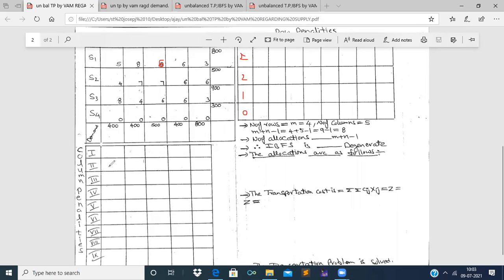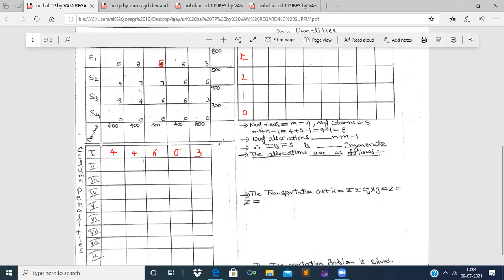And in the first column, let us take the penalty. The first least cost is 0, the second least cost is 4. Therefore, 4 minus 0 is 4. And next, in the second column, again 4 minus 0 is 4, right? Next, in the third column, 6 minus 0 is 6, that means first least cost and next least cost. And here also 6 minus 0 is 6, right? In the last column, 3 is the second least cost minus first least cost 0. 3 minus 0 is 3, right?